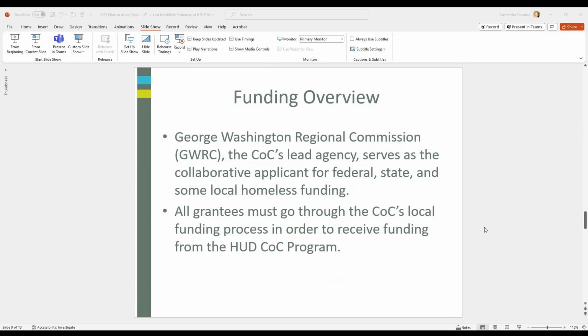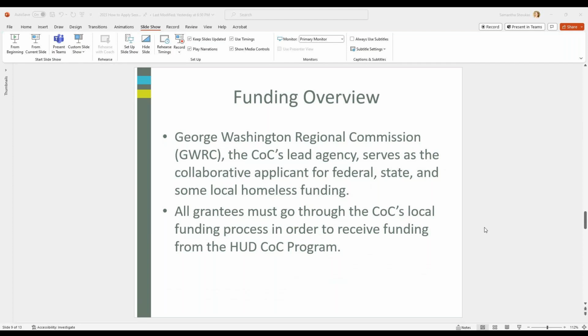So a little bit about funding overview. We've been talking a lot about what the projects can be used for, how projects will be selected, but what's the overall local process? So HUD has a federal national process that they use, but require each CoC to create a local process for this funding.